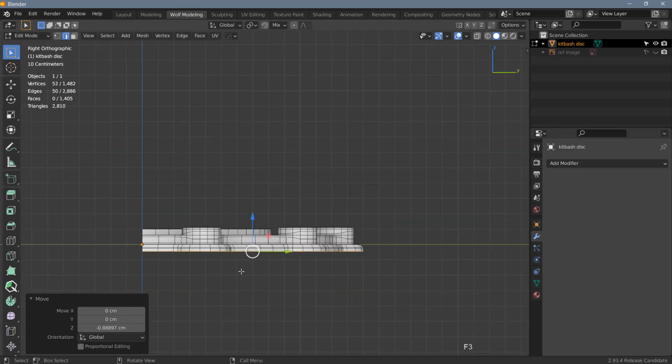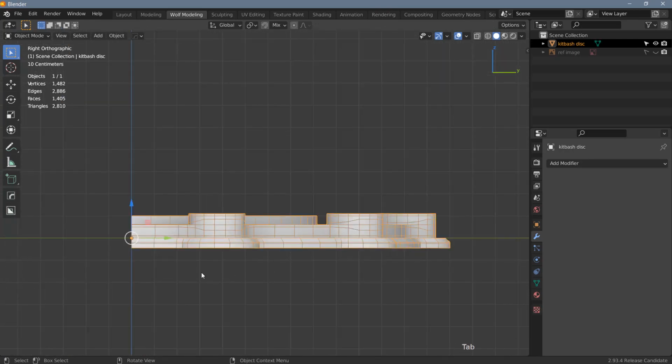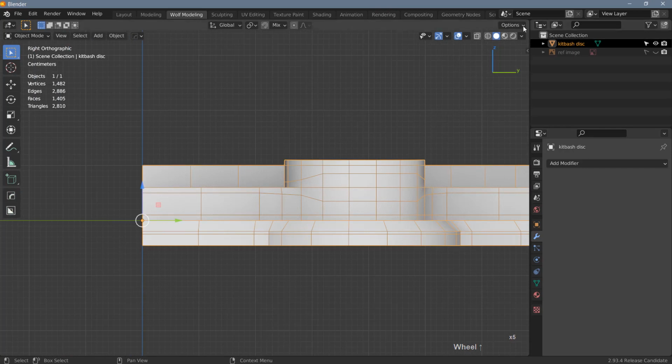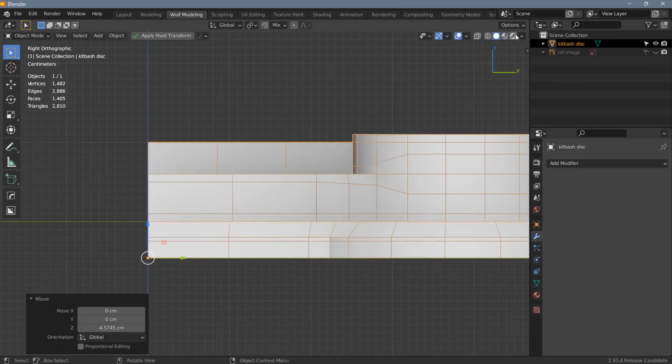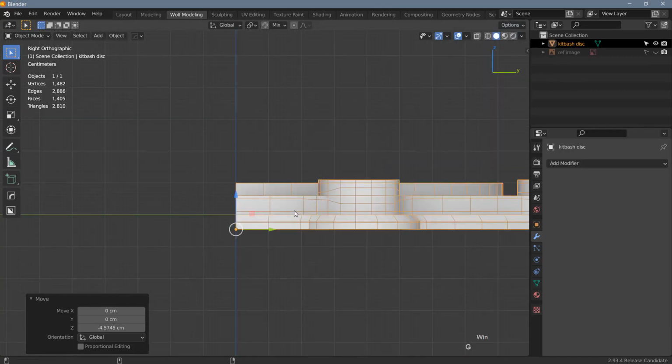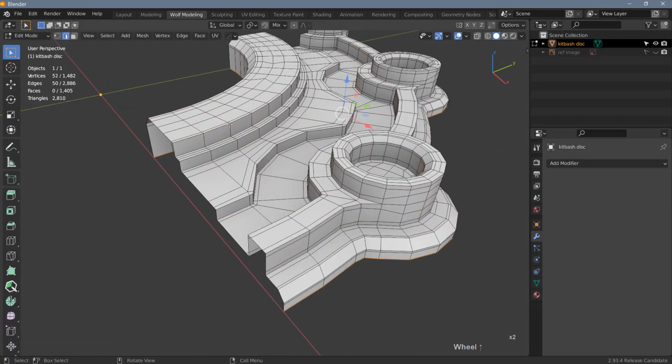And while I'm at it, let's go into one of the orthographic views. And let's go back to object mode. I'm going to switch on origins up here, and then I'm going to move the origin down, hold down Control and snap it to the bottom of the object. And let's switch that off again. And now we can hit Alt and G to move the object to the floor. Let's go back into edit mode